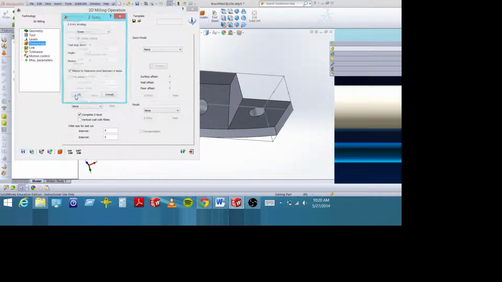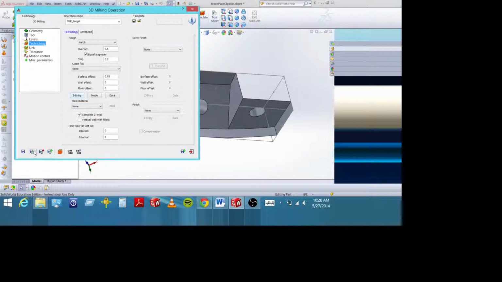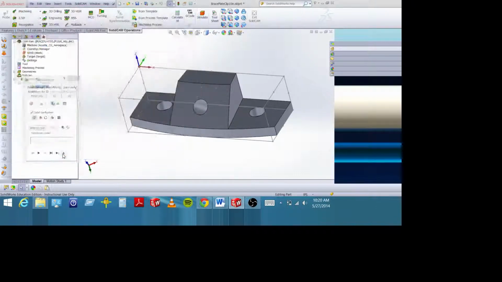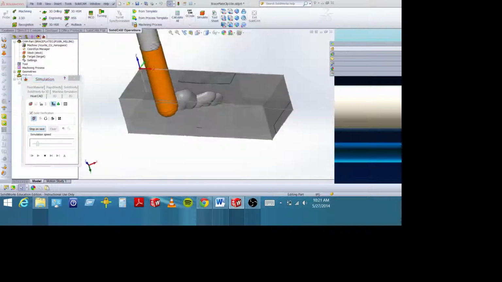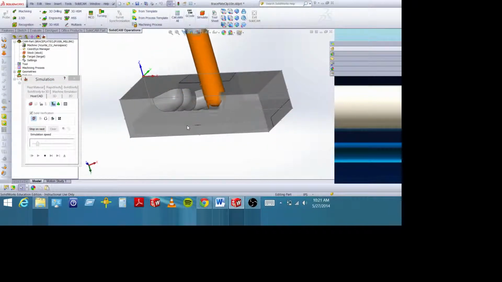One thing that'll help you there is this Z entry. You can define your strategy for how you're going to move into this part in the Z axis. We had none. You could do an angled entry, a helical one where it spins in, or a linear one. Let's pick angle, and then you can set the angle. Let's leave that at 5, and then let's calculate that and see what that does. You see that? That was a much more friendly entry. It's still a little aggressive down here,